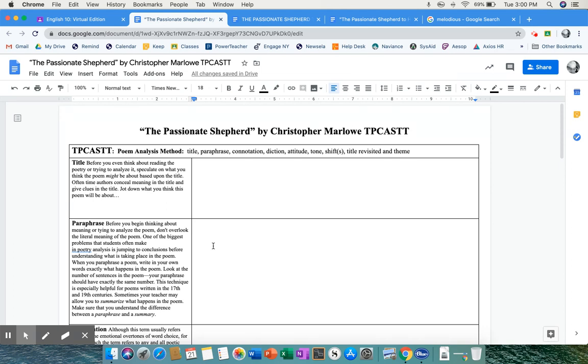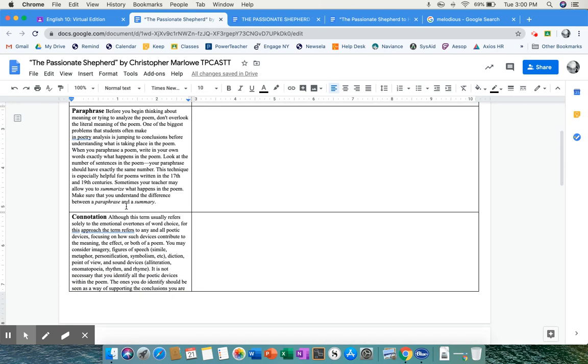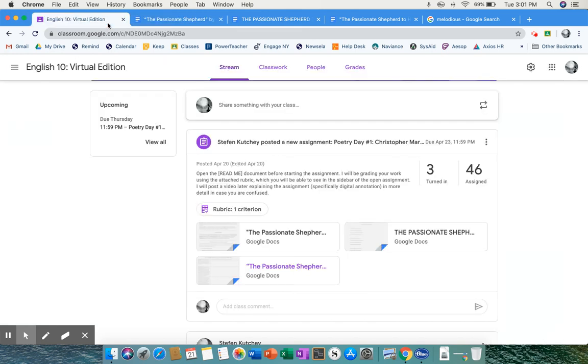Couple things. So one, make sure you read these descriptions, okay? I paraphrase them, but it's still worthwhile reading what it has to say. And also make sure you go in order. So title first, then paraphrase and connotation. You just go 1, 2, 3. Don't try to skip around, because this process is laid out in such a way that you have to follow it exactly. And then when you're done with all that, you're just going to turn the whole assignment in. All right.